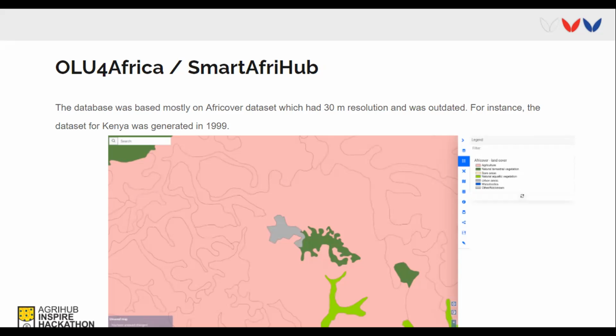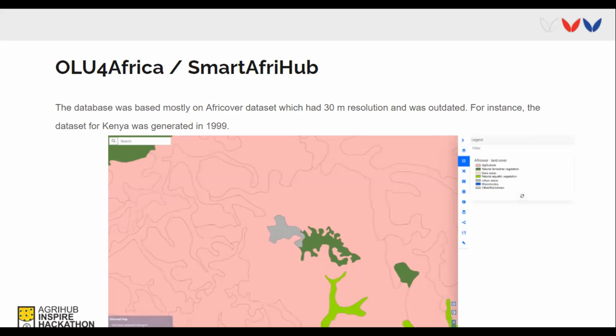So we just did research of available vector data sources, because at that time we worked just with vector data sources, and this model about which Michal was speaking before me didn't exist. So it was just a plain table in a database. So from the data sources available at that time, it was mostly the AfriCover dataset,